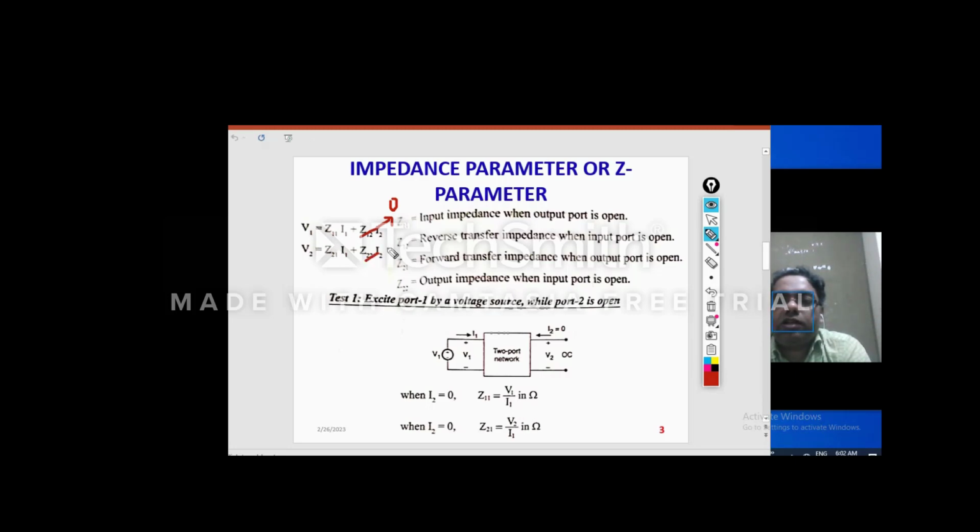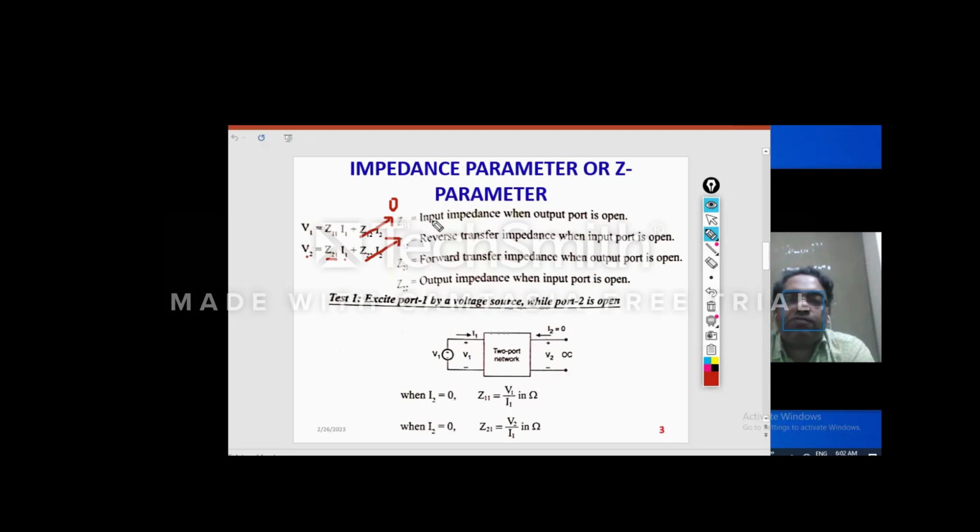And similarly here also I2 is 0, so Z21 will be V2 divided by I1. So we are able to find out Z11 and Z21 by doing output port open circuit.